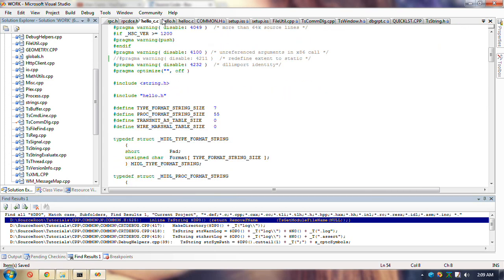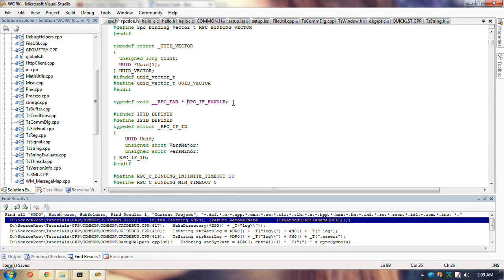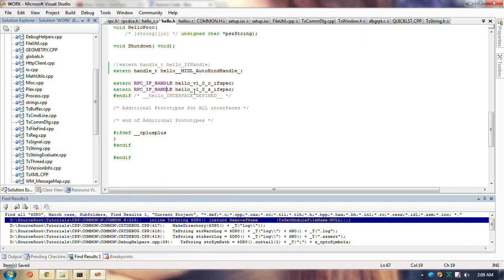It uses this thing. Right? Now, this is an RPC interface handle. Right? So it's a pointer to an interface handle. Here's another one. Well, this is just as good as a handle type.